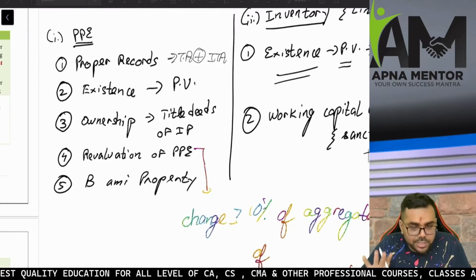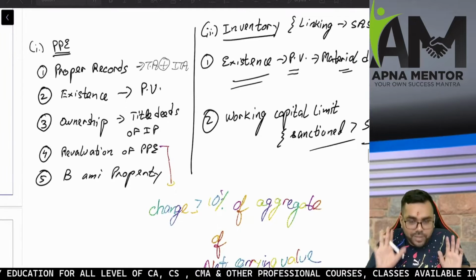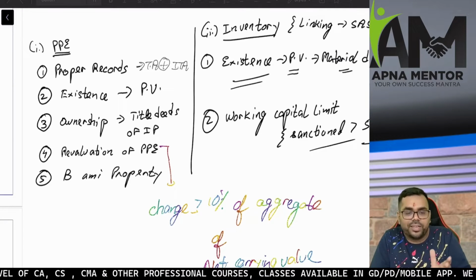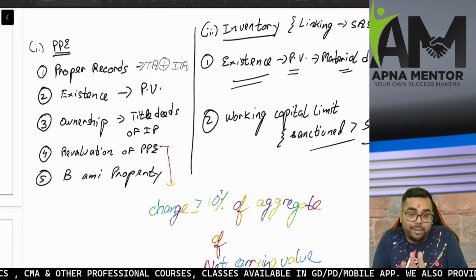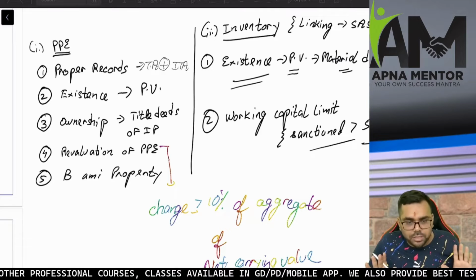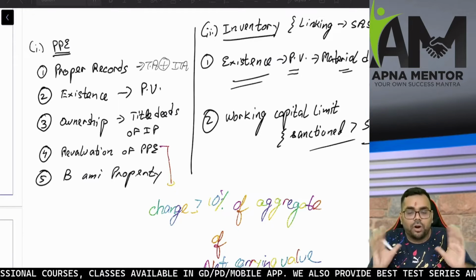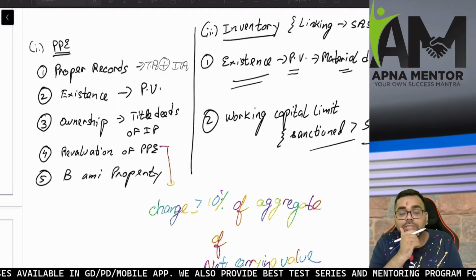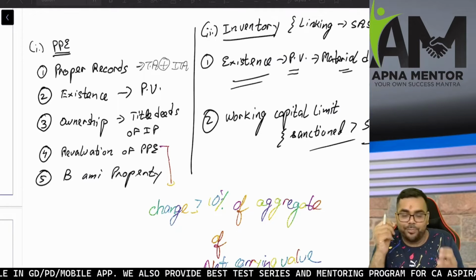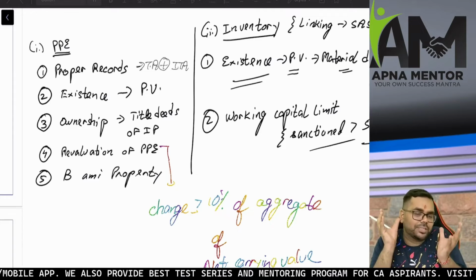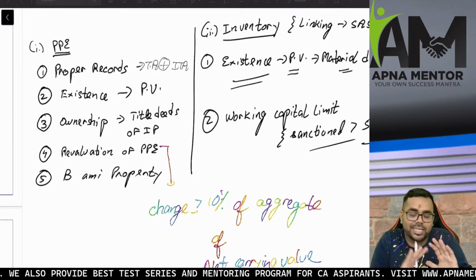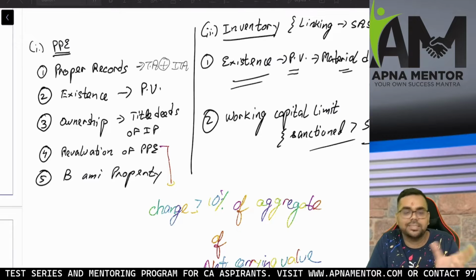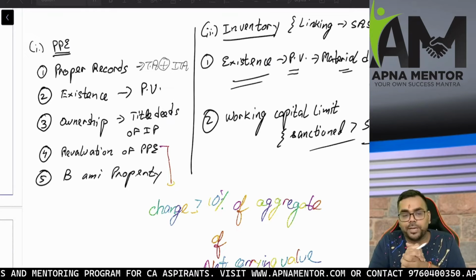Now in this, the auditor needs to verify 5 things. Firstly, just imagine logically, I'm the statutory auditor of the company. I need to go and verify the PPE. So what at all am I going to verify? I'm going to check the records, whether the records are proper. And the records I'm going to check are with respect to tangible assets as well as intangible assets, because both are equally important for me. I'm not going to be biased and check only the tangible assets and omit the intangible assets. No, I need to report on both. Whether the proper records of tangible assets plus intangible assets are both properly maintained.